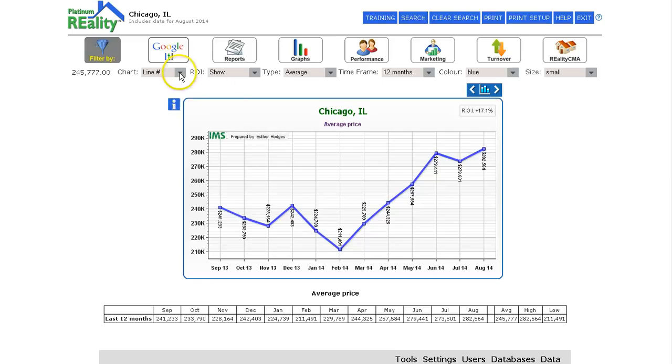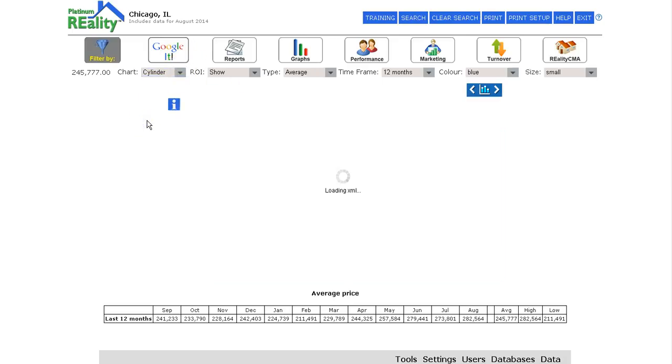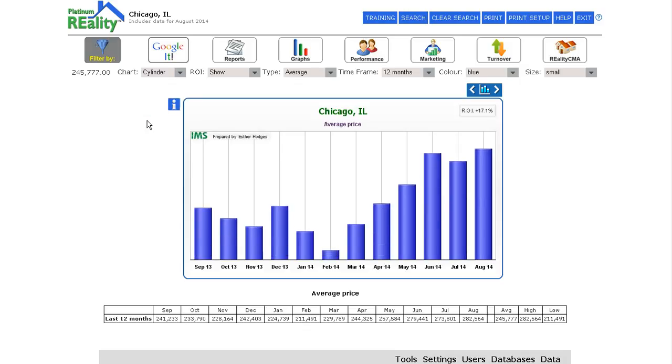There's several styles of graphs. I like the cylinders. When you're looking at the average price graph, we have a built-in return on investment. This would show you that if you bought a home in Chicago in September of 2013 and sold it a year later in August of 2014, your return on your investment was